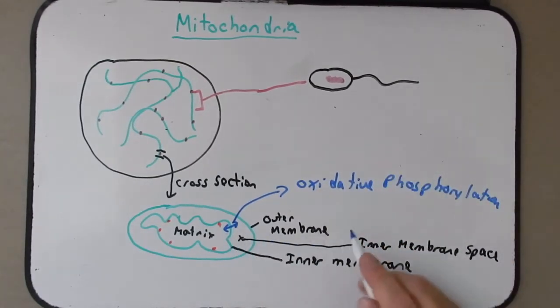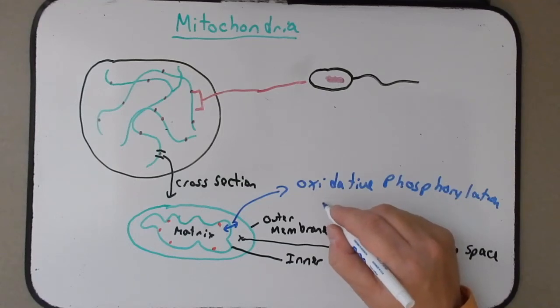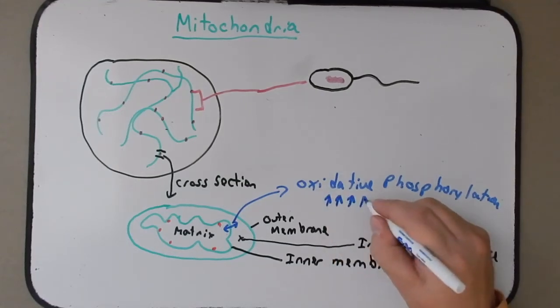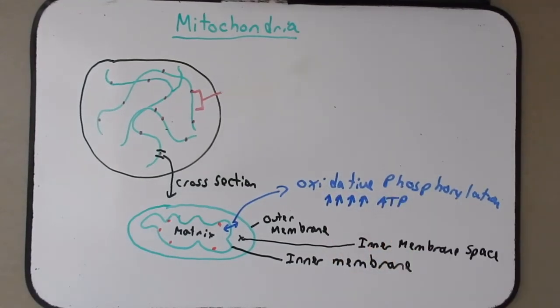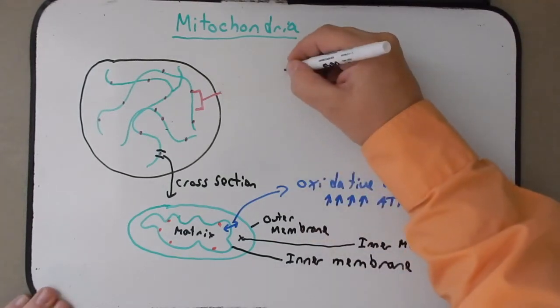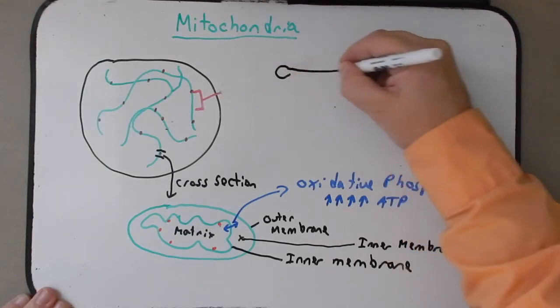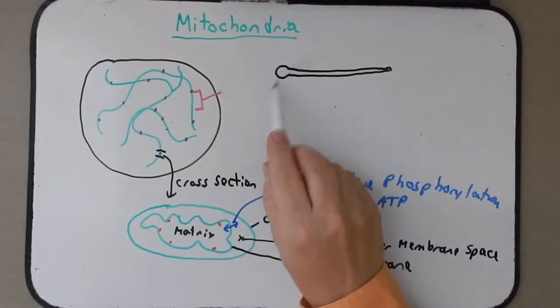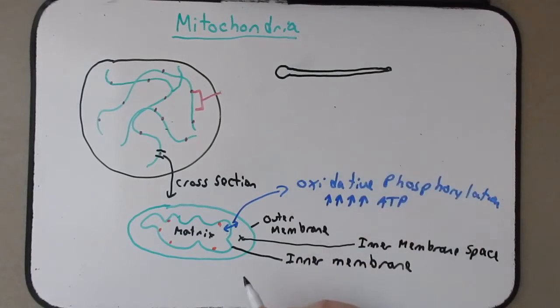And throughout oxidative phosphorylation, we'll learn that we make a lot of ATP. Since it is the mitochondria that generates most of the ATP in a cell, sometimes the mitochondria are localized to very specific regions in a cell. For instance, in a sperm cell, where you have the head of the sperm here and the flagellum here, there